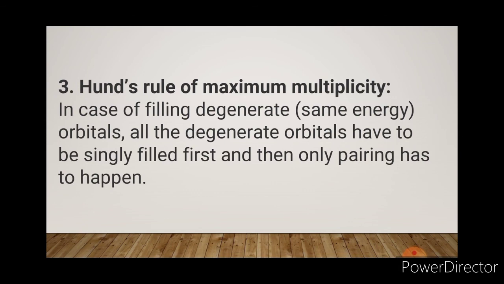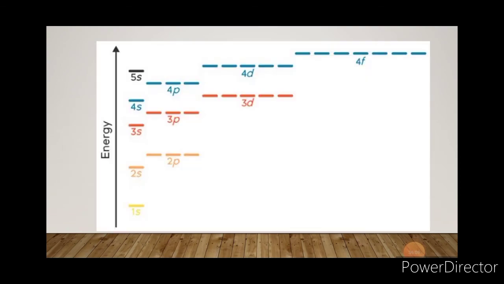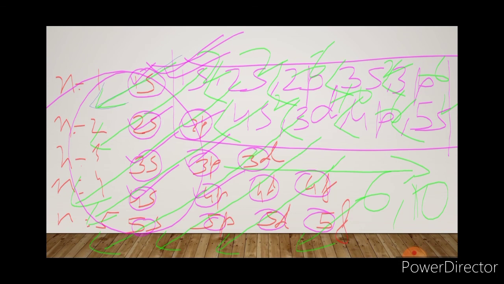Next is the filling of electrons in different orbitals, and I would like you all to learn this thoroughly: 1s, 2s, 2p, 3s, 3p, 4s, 3d, 4p, 5s. Learn it by heart and start messaging me in the inbox so that I can know you are ready to learn the filling of electrons. And this was the second last topic of this chapter. This chapter is over. We have to do only practice of filling of electrons. A 5-minute topic is left. I am leaving it because I want you all to learn this and then start filling the electrons.